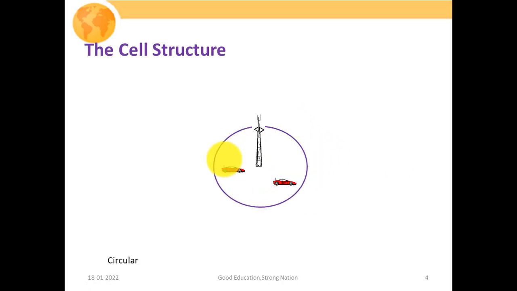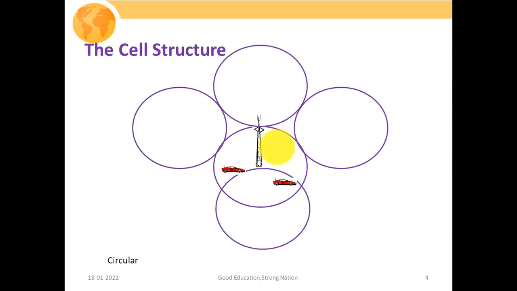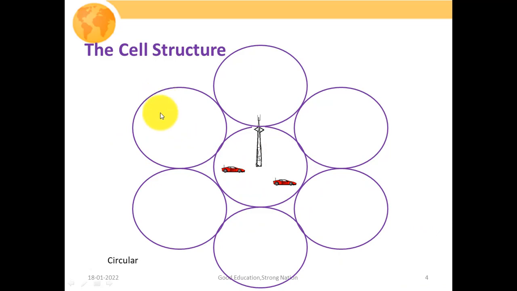cellular planning. So if this is the base station, and we are considering an omnidirectional antenna, then its pattern will be circular, just like this. If we consider this as our cellular structure and try to make our cellular system, then we have to replicate this cell throughout the geographical coverage area like this. Here, in this case, what we can observe is that in these non-overlapping regions there are certain void spaces here, as well as here. So there is a large amount of void area where we do not have any coverage, that is, the region where we do not have the coverage of any base station.